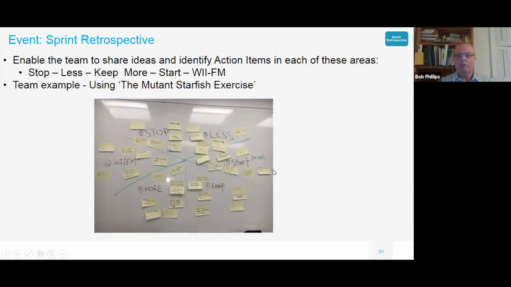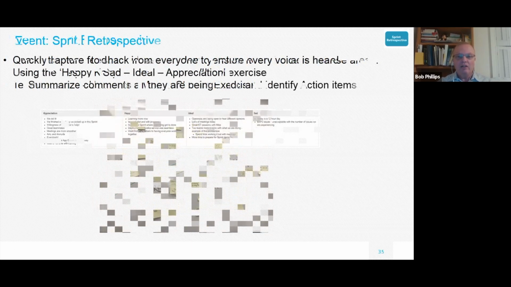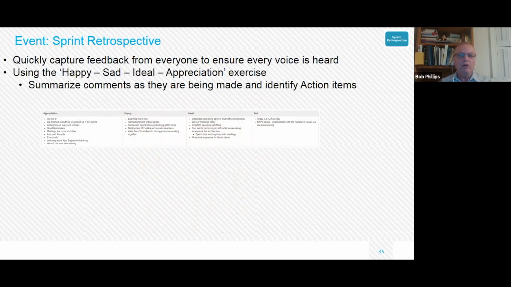So what should the team be working on? What should we be doing? And it's just a really powerful exercise. This is called the mutant starfish exercise. And then if you're trying to do something really quick and dirty, you can just do this happy, sad, ideal appreciation exercise, where basically you get people going around the table and they just start saying, okay, what do I